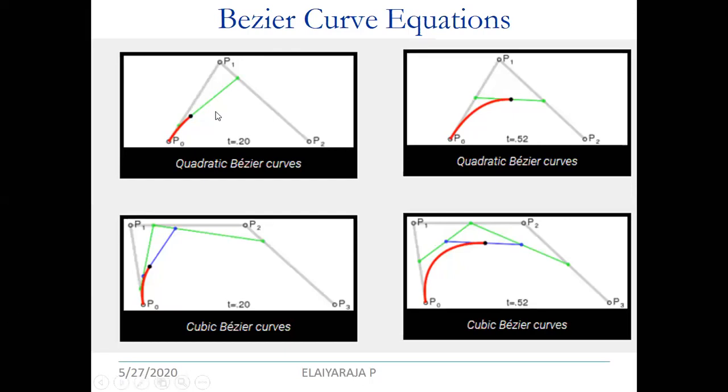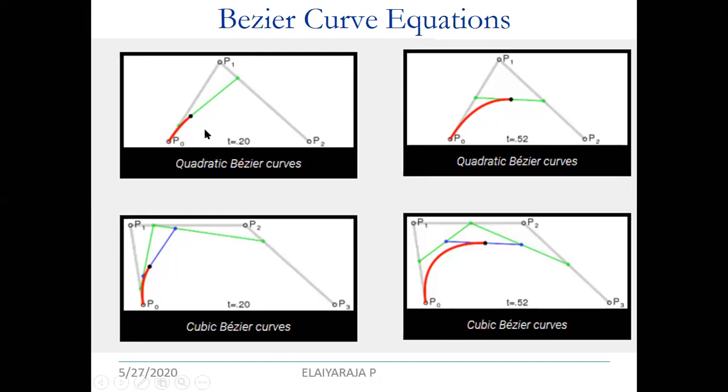Okay, and the end control point is P2. So the end termination points are P0 and P2. You have to draw a curve, a splendid curve, to reach the endpoints. Okay, when you are going to draw a curve, t says about the u value, the time travel between two different endpoints.